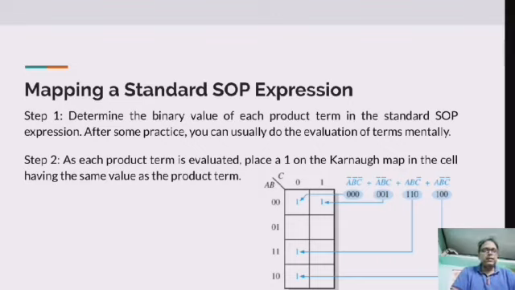expression. After some usual practice, the evaluation becomes very easy, and we will evaluate these terms mentally. The second step in the mapping process is, as each product term is evaluated, place a 1 on the Karnaugh map in the cell having the same value as the product term. Whatever product terms are given in the expression, which is not yet minimized and which we have to minimize with the help of K-maps,